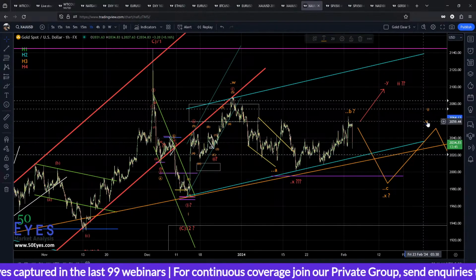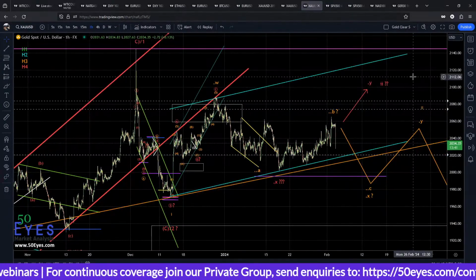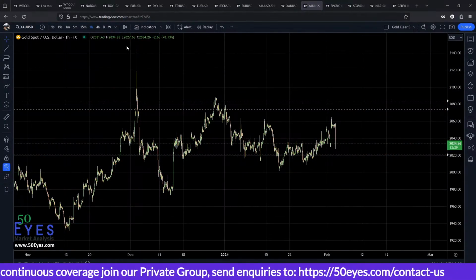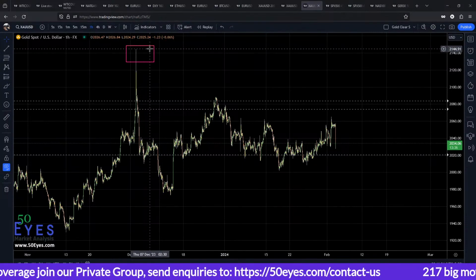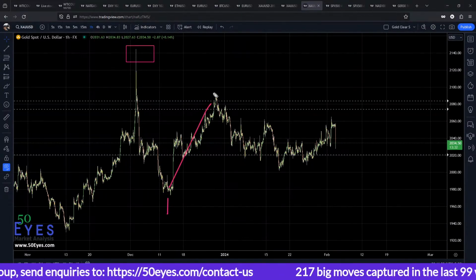So this is the Y. This is the main theme which I am still following here: from this point of reference, which is the price level around 2144, we have a wave one, and this is